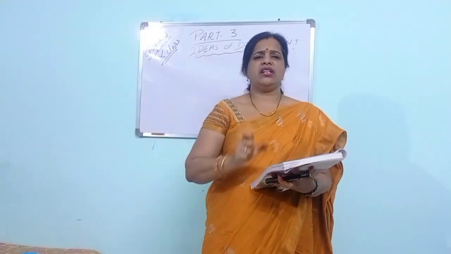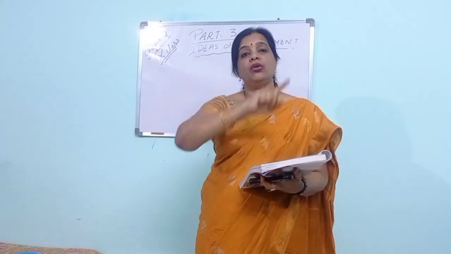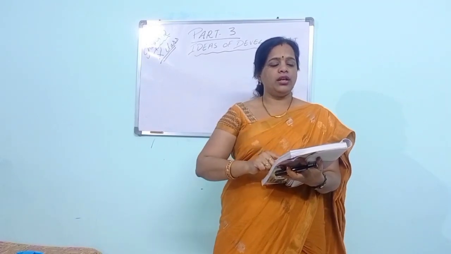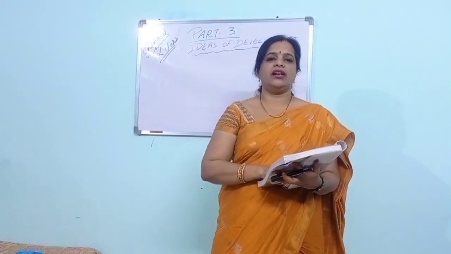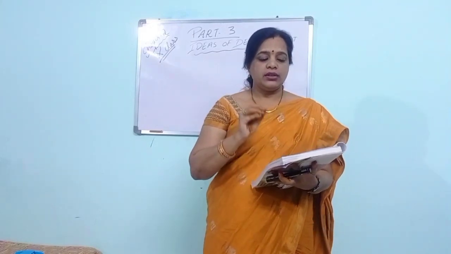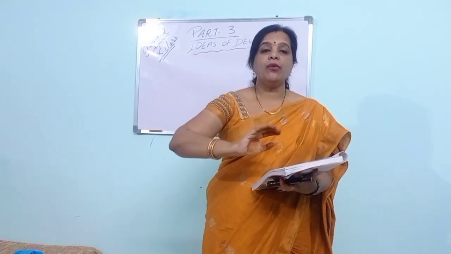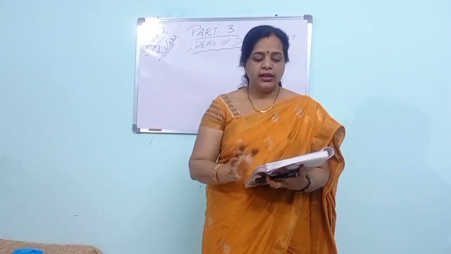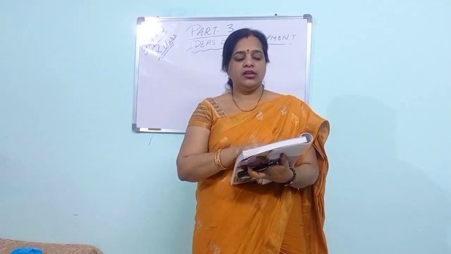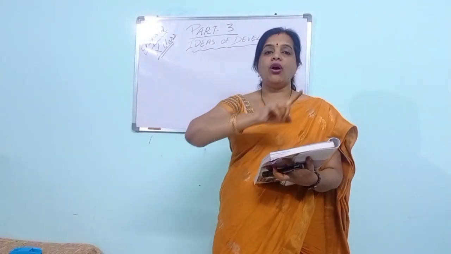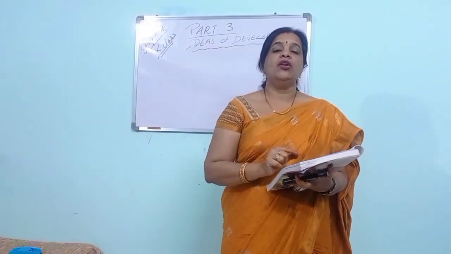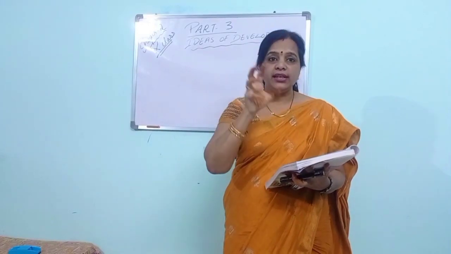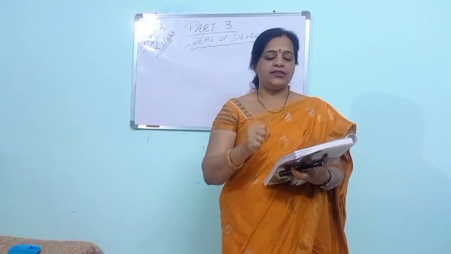Our individual income, for one particular family, we can decide. But for the whole country's income, how? So, intuitively, the income of the country is the total of the income of all the residents of the country. Okay, I repeat. What does income of the country mean? It is the total income of the people living in the country, the residents. Means whoever is living in the country, when you calculate their income, the total population's income, that is called